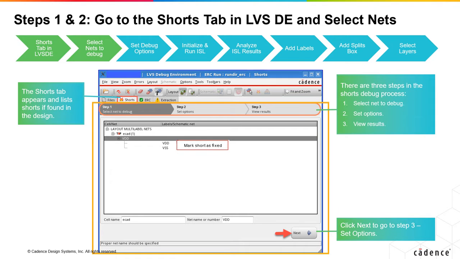There are 3 steps involved in shorts debug process. To start debugging, select a short from the list and click Next. It takes you to step 2, where you specify options on the basis of which the debugging should be done. Clicking Next takes you to step 3, where ISL gets initialized, analyzes the selected short, performs first ISL run and